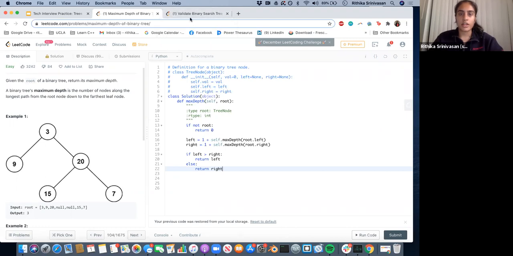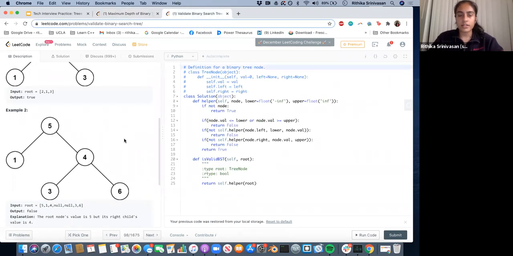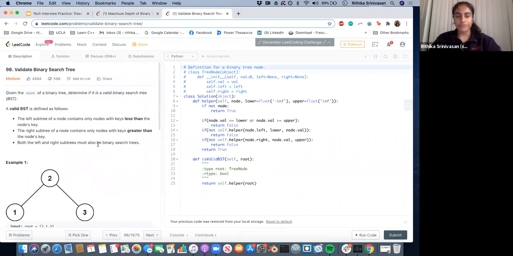And then the next problem, the way that we solved it was, we also use recursion in this problem, and so we defined a helper function that is called within the actual function isValidBST, just because we wanted other parameters that keep track of the current node that we're looking at,